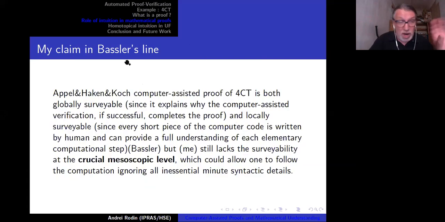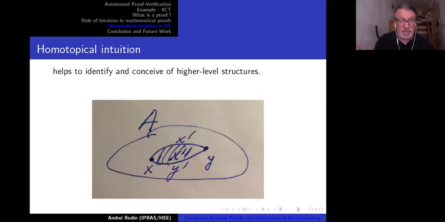And so I would make my analysis a little more precise along Basler's line, saying that what we really lack in cases of computer-assisted proof like the four-color theorem is this: we do have the global picture somehow, right? We do have the microscopic evidence, right? But we miss a crucial mesoscopic level, which would allow us to understand the argument and follow it without going into minute details, but with something more than just the very general picture that we have in, say, the four-color theorem. And here exactly, I think homotopical intuition changes the picture very significantly,